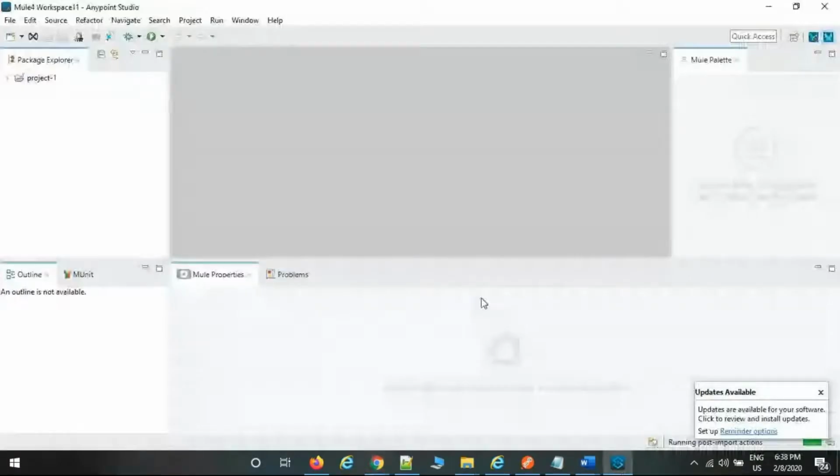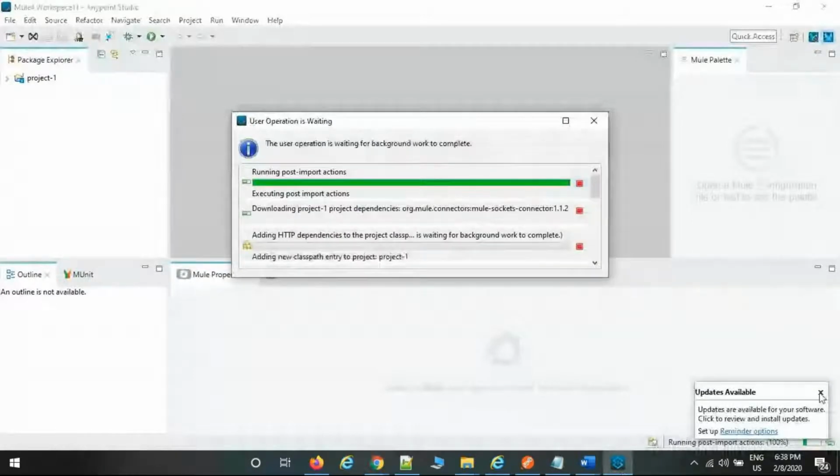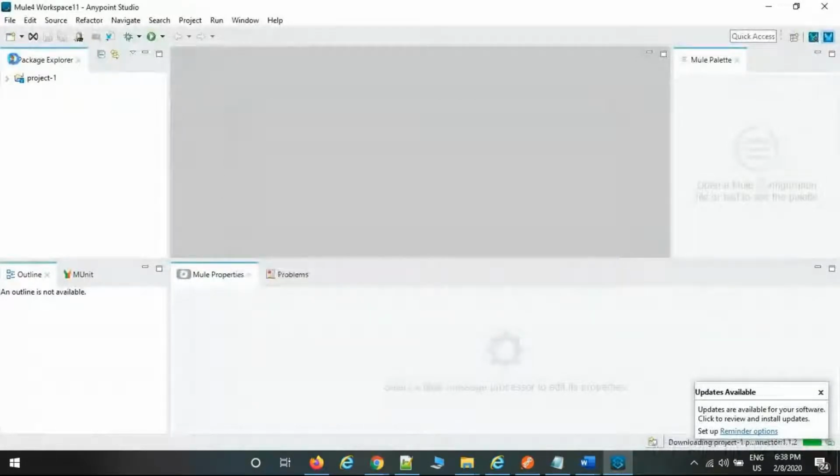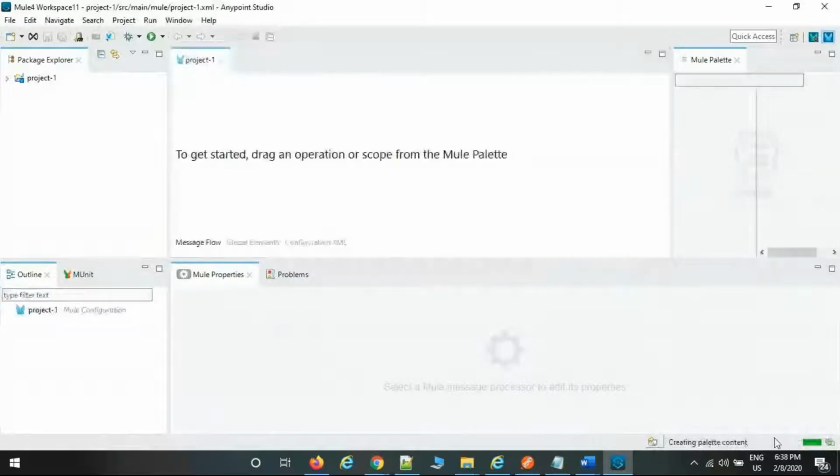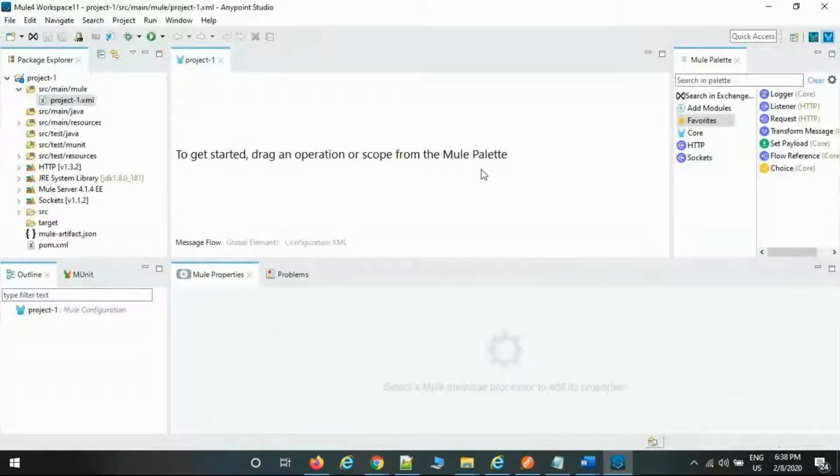So I have created the project. I'm going to start the development part now. Okay. First time it will take time only after opening the window, so it will go to settings and everything. Okay. Now, the very first palette, what we discussed yesterday, right?